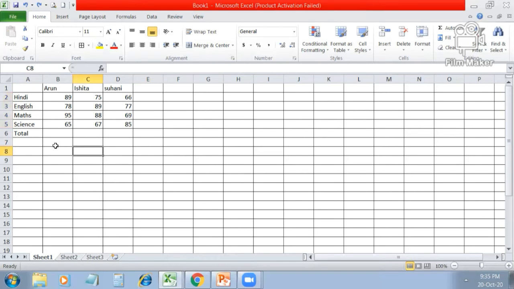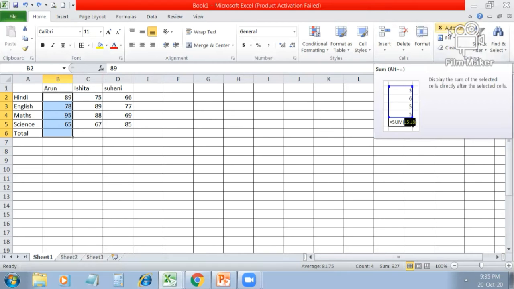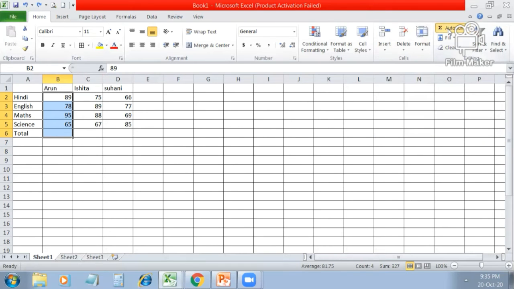As you know that selection is very important to do any operation on data. So first we have to select the data which we want to add. Select it with an empty cell because I want the result on the empty cell. Then click on AutoSum option. AutoSum is also on Home tab. This is your AutoSum option. Click on it. You will find the correct answer of the selected range.